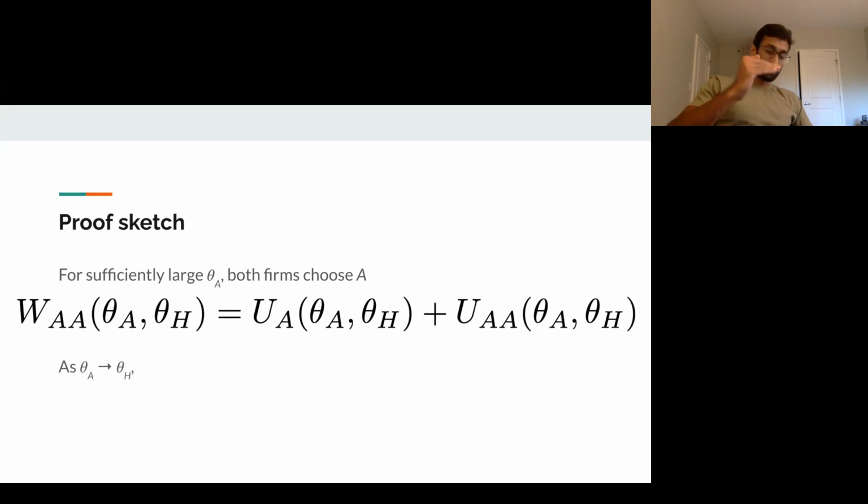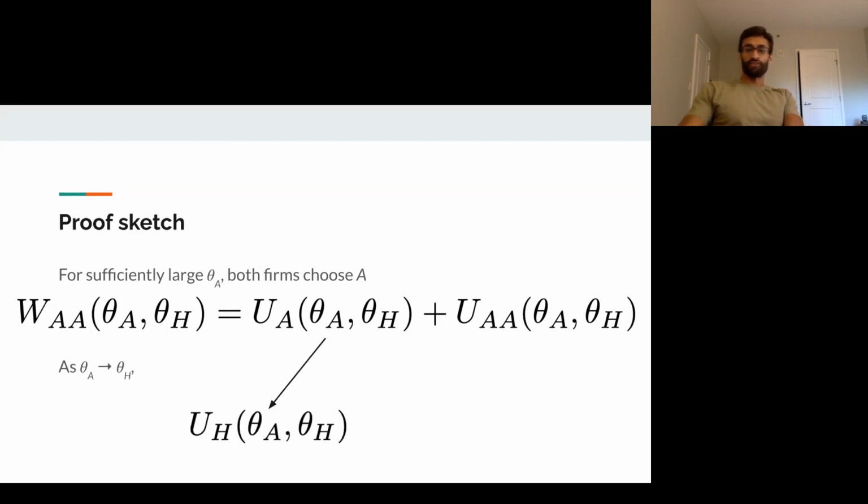Now, as I start to lower that accuracy further and further, what happens to social welfare? Well, the first thing we should observe is that as theta A drops to theta H, using the algorithm becomes the same as using the human if you get to choose first, because once these have identical accuracies, use of A should just converge to use of H. So that's the first piece of it.